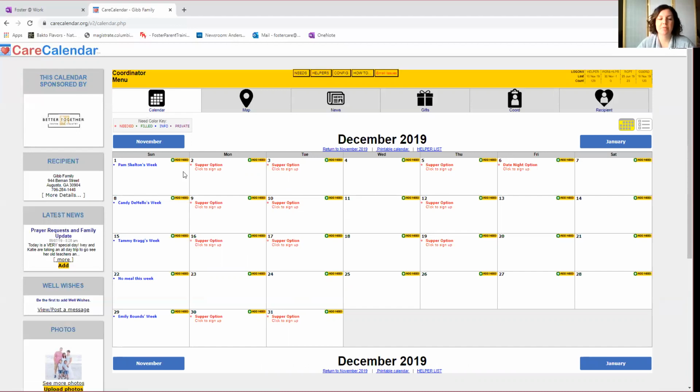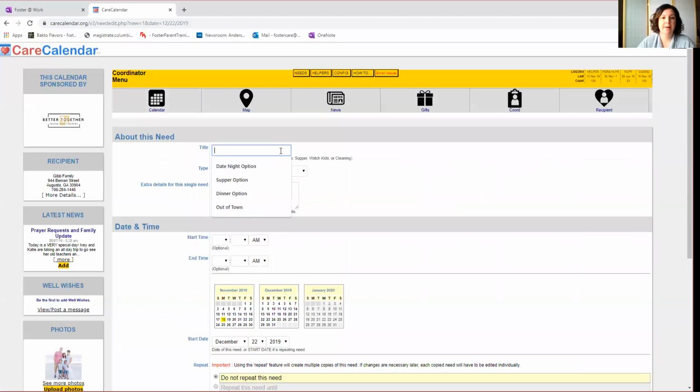So to add information, let me see if I can show you. So like this week, the 22nd. We're not doing a meal this week because it's Thanksgiving week. So what the coordinator did was go in and add need, and just type in no meal this week. Or you can type in